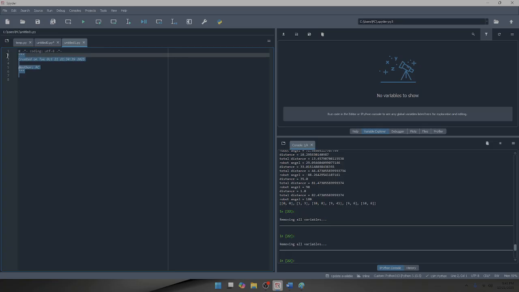ठीक है, because now we're gonna start programming. ठीक है, सबसे पहले we're gonna start with the class robot, and this is going to be the parent class. We're not gonna use this one, we're gonna use the second one, लेकिन it's important क्योंकि inheritance भी आ रहे हैं. तो once you have a class, you need to define the constructor def init,